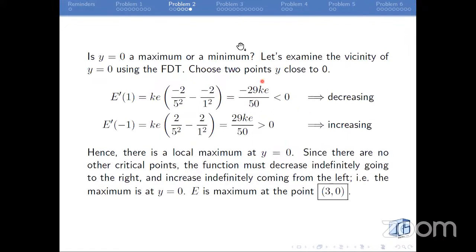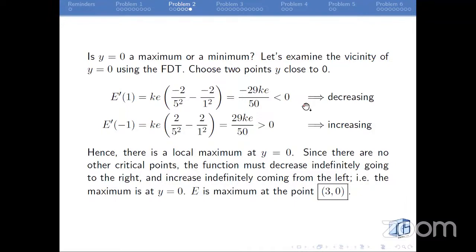So the question now is, is y equals 0 a maximum or a minimum? Let's examine the vicinity of y equals 0 using the first derivative test. Choose 2 points, y close to 0. So E prime of y equals k times E times the quantity -2 over 5 squared minus -2 over 1 squared. So magiging -2 over 25 minus -2 over 1. So pag pinag-minus mo sila, magiging negative 29 kE over 50, which is less than 0,